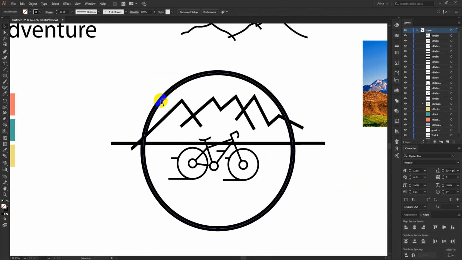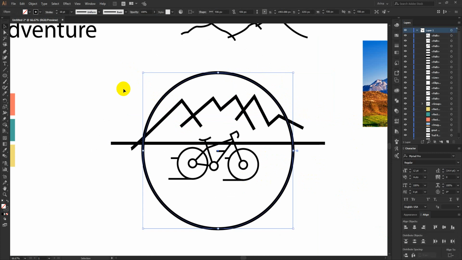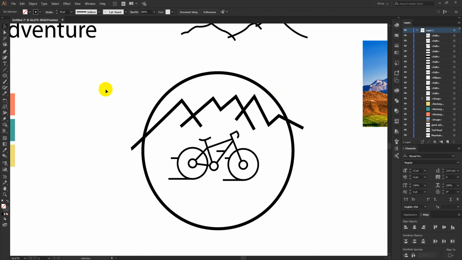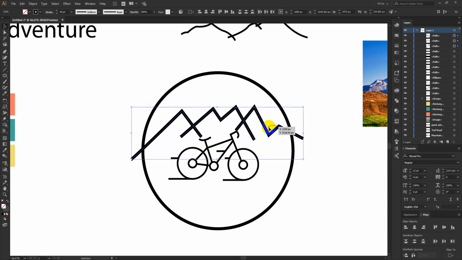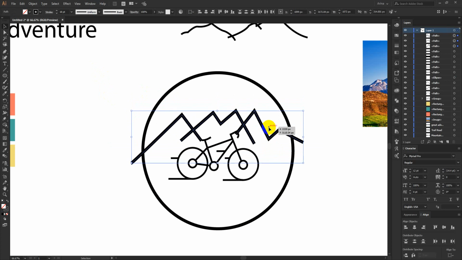Okay, for this one here I just want to make it the same size. Now I don't need this guideline here. Now this is going to be my main design, so I am going to make it a bit lower, as I want to put a sun behind the mountains.